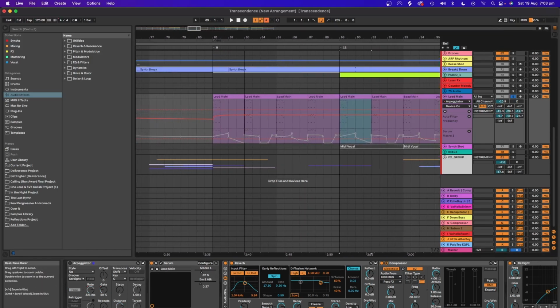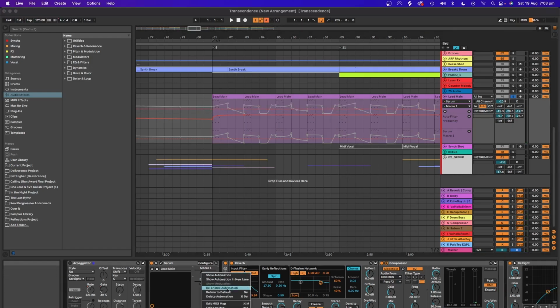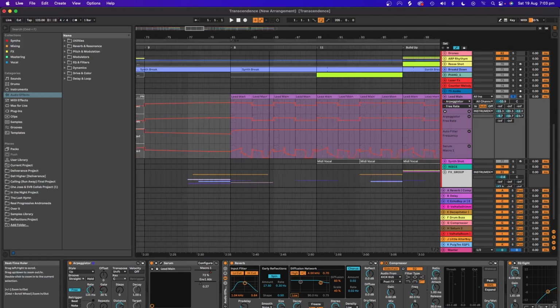You'll hear that it's actually pretty stagnant sort of lead and rhythm. So that sounds really boring. So the main parts of this lead which really make it come alive is really around the automation, and also the ARP that's actually changing the rate progressively within the track at different steps.